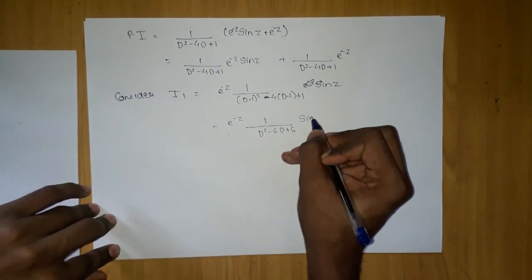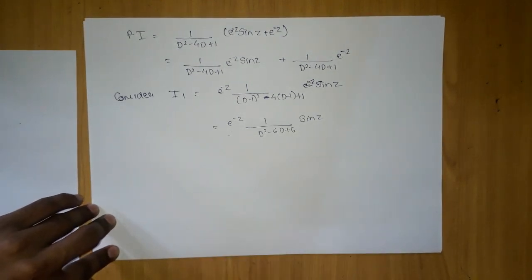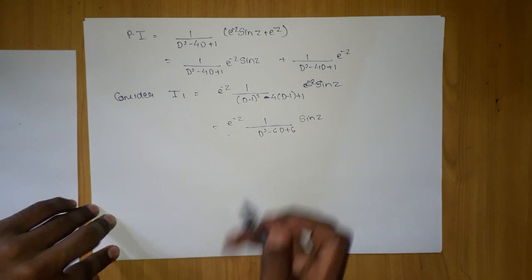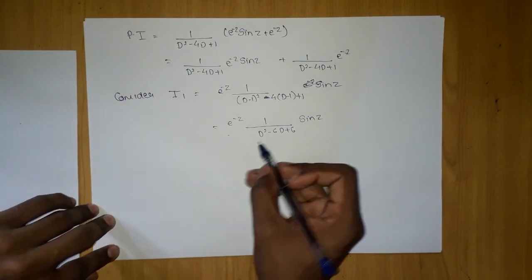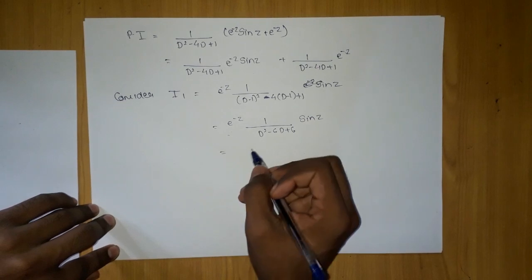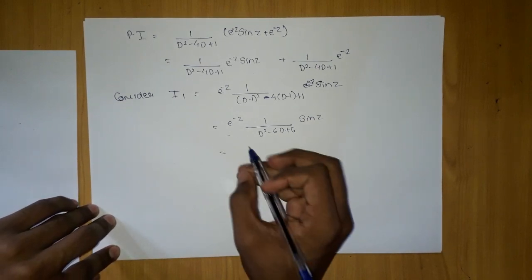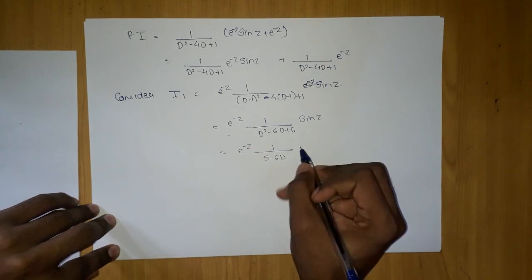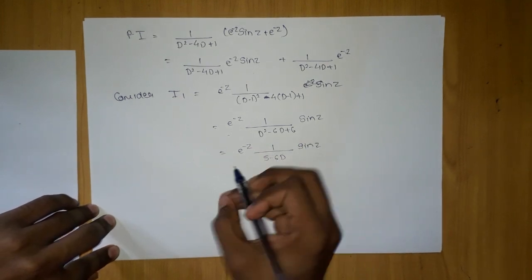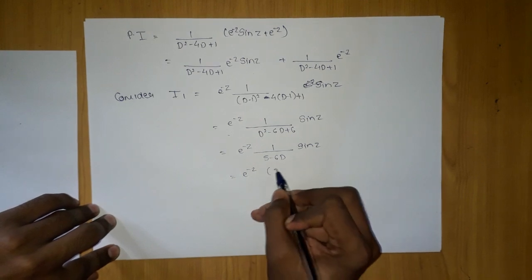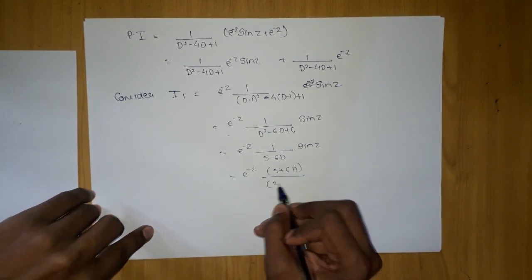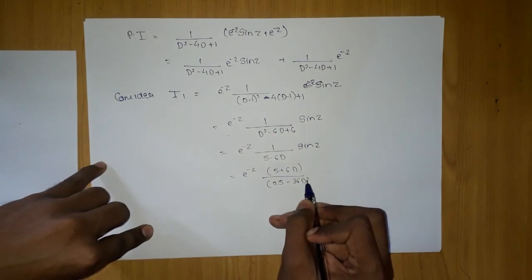into sin z. And when f of D is in the format of sin(ax plus b), we replace D square by minus a square. So we replace it here by minus 1, which makes this 5 minus 6D, e to the power minus z, 1 upon 5 minus 6D into sin z, and after this we will rationalize this. Here it will be 5 plus 6D the whole upon, after rationalizing, 25 minus 36D square, agreed,